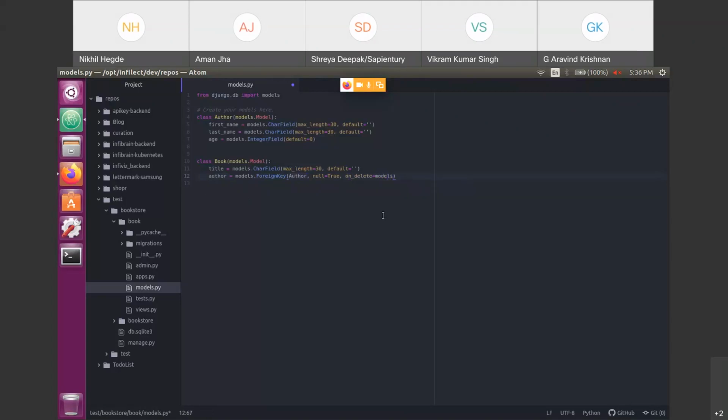I will set the author to null. This is the meaning of on delete: on deleting this author object, I will set the author attribute of the book table to null. That's the meaning.